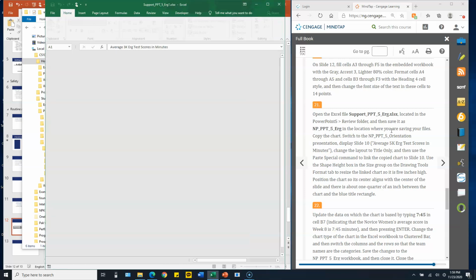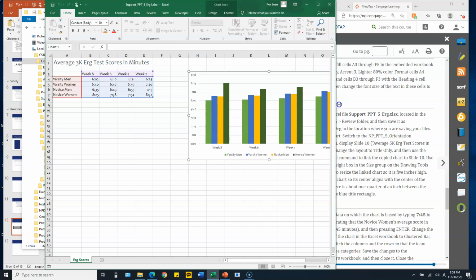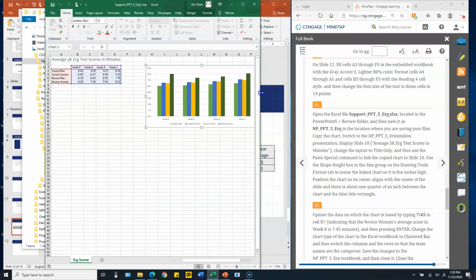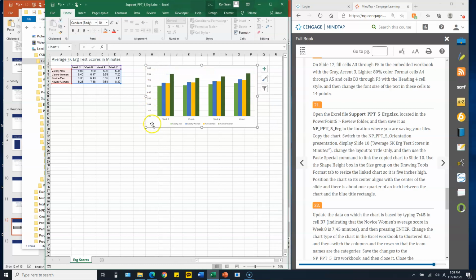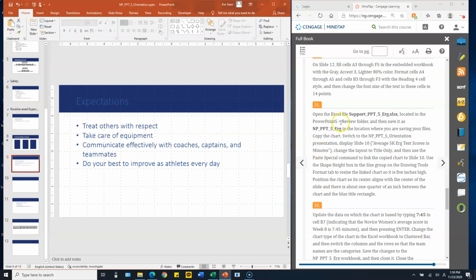So we copy the original Excel file to a different file name. And then copy the chart. Select the background of this chart, so you select only the chart. And then copy, Ctrl C. And then from your PowerPoint presentation file,